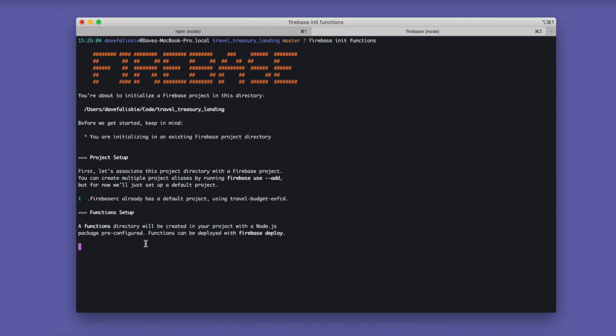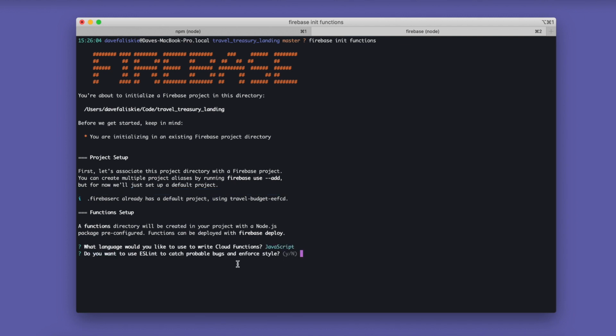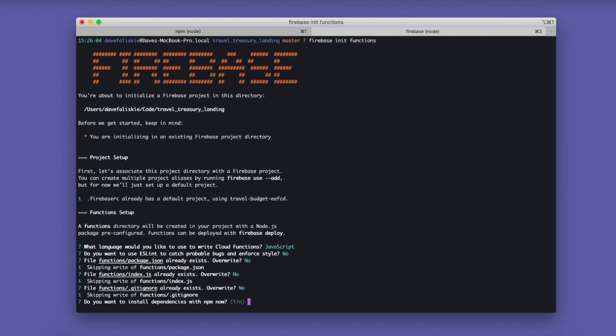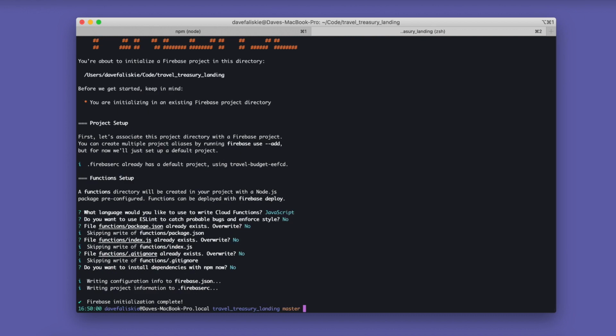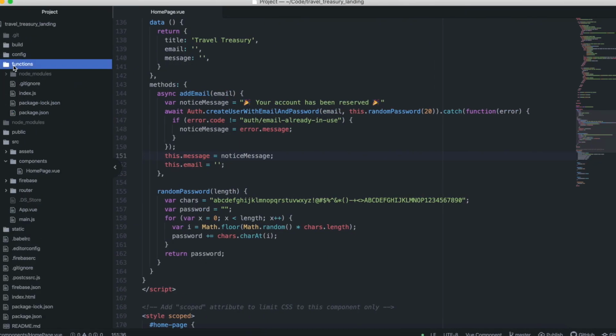Again, my app already has this, or it should already have it essentially, but I'll just choose JavaScript again and no to ESLint, and it already exists. You want to overwrite it? I'm just going to say no because it's basically the same thing. So you should already have it if you've been following along, but if not, you can add in the Firebase functions. You're going to have this functions folder back in your code,